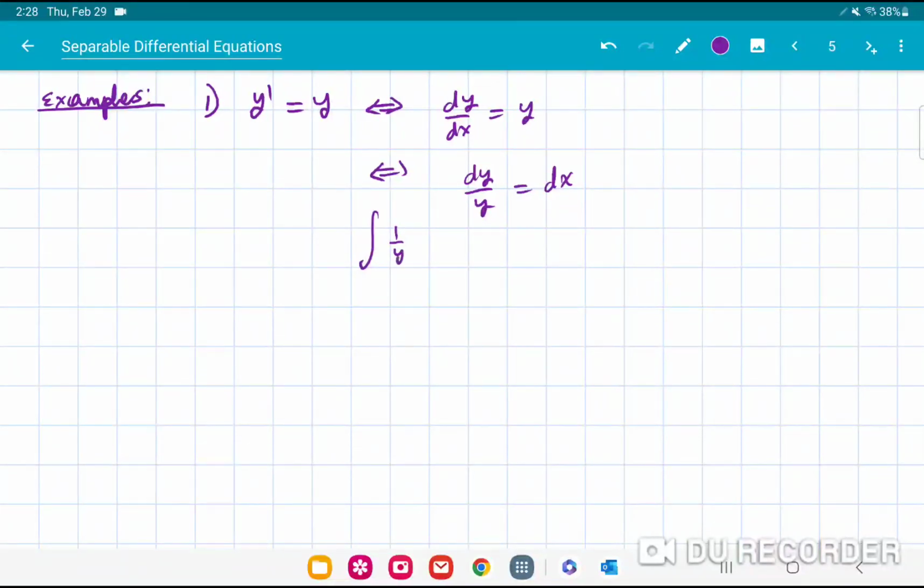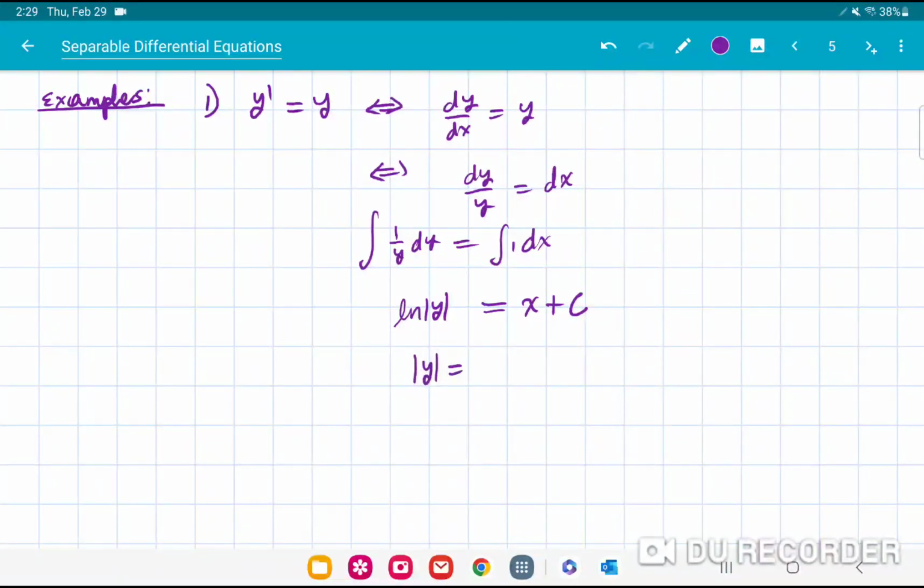Integrate 1 over y dy and integrate 1 dx. That will give you natural log of y plus a constant equals x plus a constant. Because c is just an arbitrary constant, you can combine them and write it as just one constant. Now trying to solve for y,